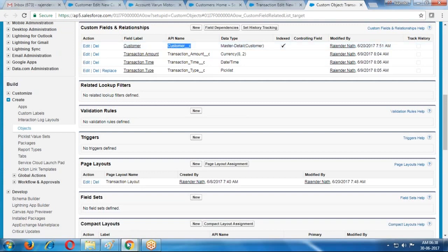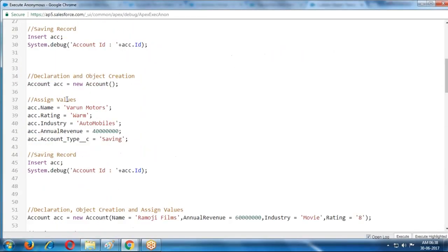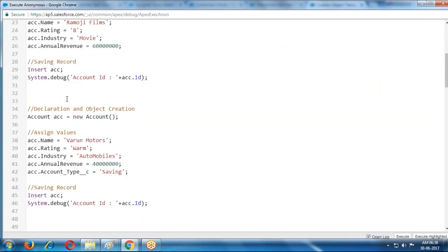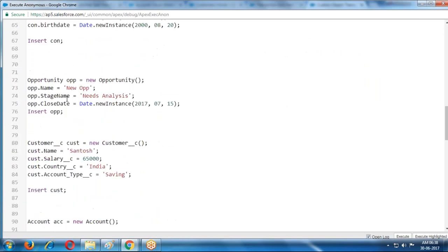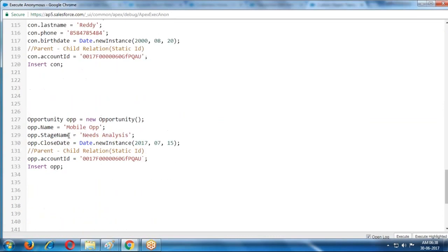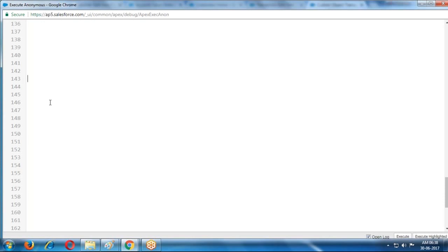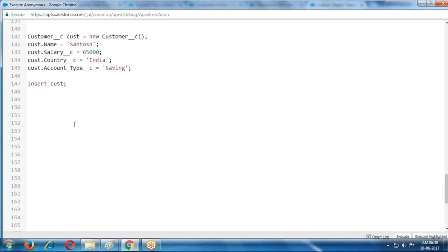So I am creating one transaction for the customer. How to provide the relation? Customer is the object, and I'm creating one more object, Transaction__c.